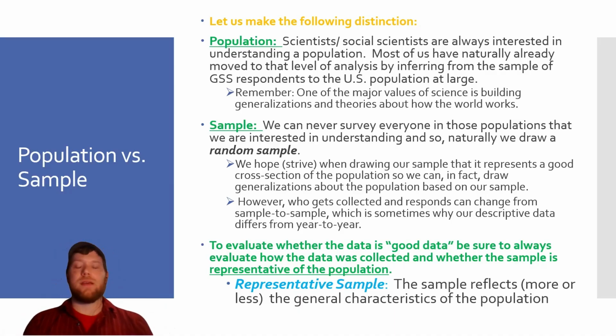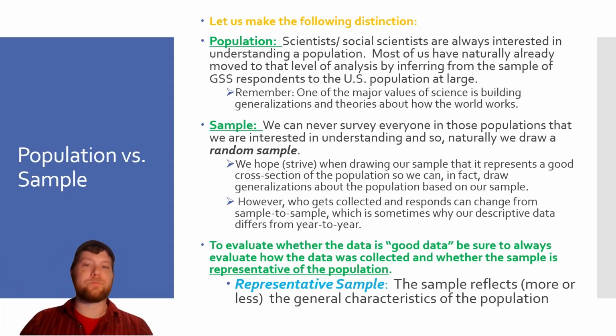Now, our sample is really the smaller set of what's going on. We can really never survey everyone in the population. How do I get every single person? You don't. But we can get a random sample and try to get something that looks like the population. We strive to draw a sample that represents a good cross section of the population, so we get information that generalizes about the population based on our sample. Who gets collected and responds can change from sample to sample,